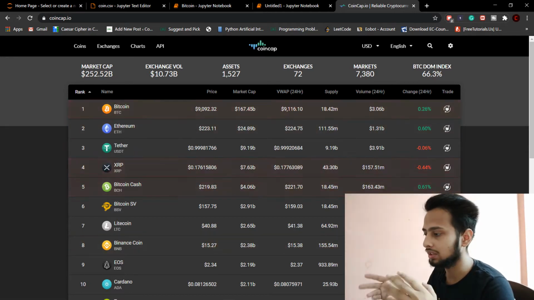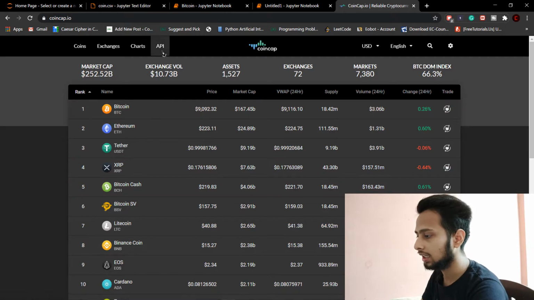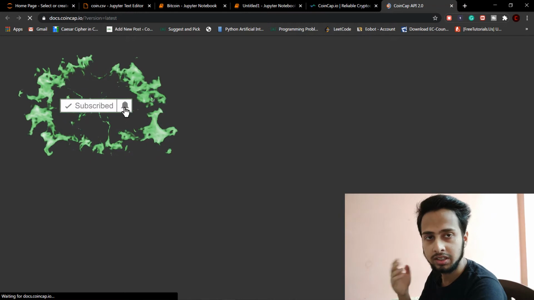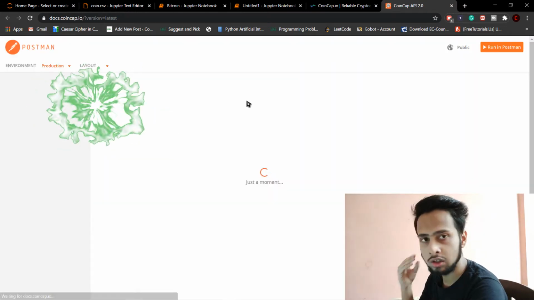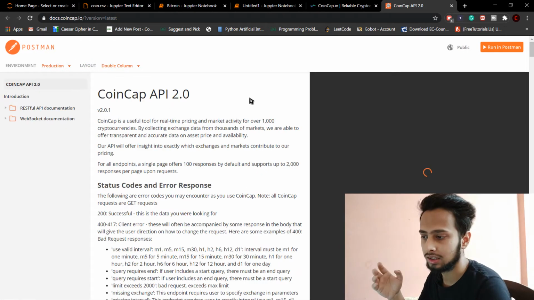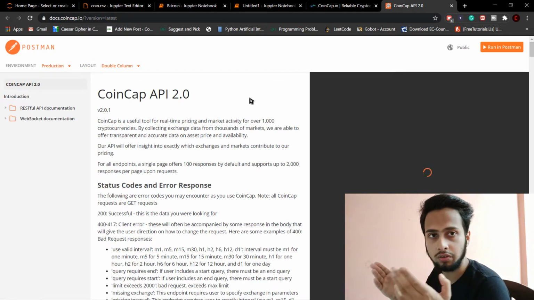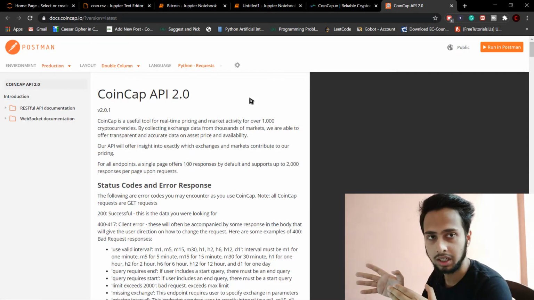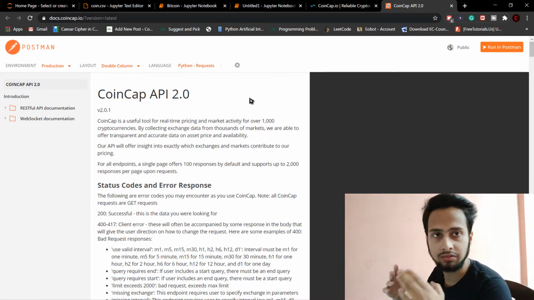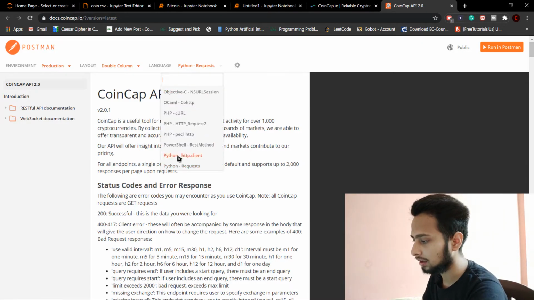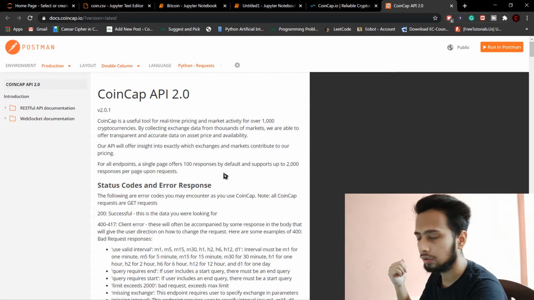So on this website, you can just simply go over here and click on API. And here is the documentation of how you can use the API, and it also shows how you can use it with certain programming languages, for instance Java, C, C++, whatever language you are comfortable in. It will just give you the code and you can just use that API. Here I will be using Python requests, so I will select Python as the language. You can choose any other language of your choice, but I'll go with Python.